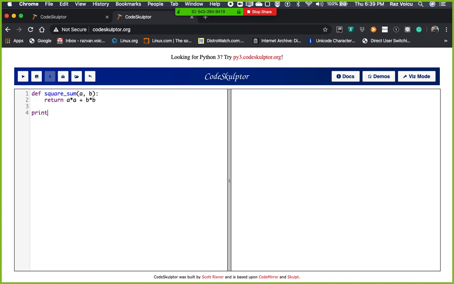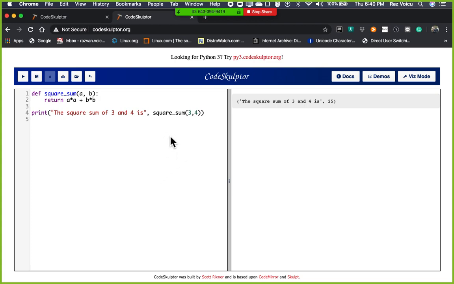And then we're going to have a print the square sum of 3 and 4 is, and we're going to have square sum 3, 4, and then we can run by pressing this button here in the website,